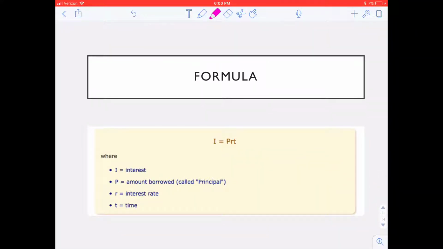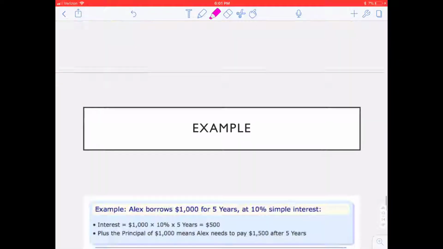So here's essentially what's going on. You're multiplying your original value, which is P, then multiplying your interest rate value, which is R, and then multiplying by the time, which is T, and that lets you know how much interest you will have to pay. Now keep in mind, if you're asked what's the final amount that you have to pay back, the interest alone is not the amount that you're going to pay back. You have to think about what was the original loan value, so how much did you borrow, plus what is your interest.